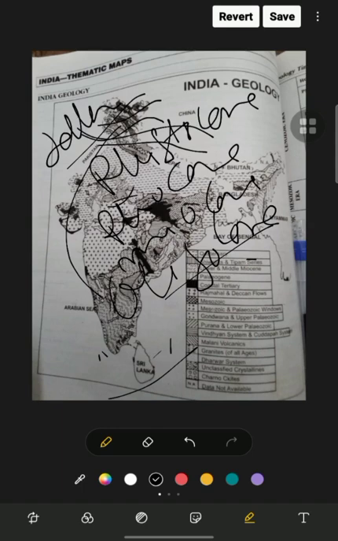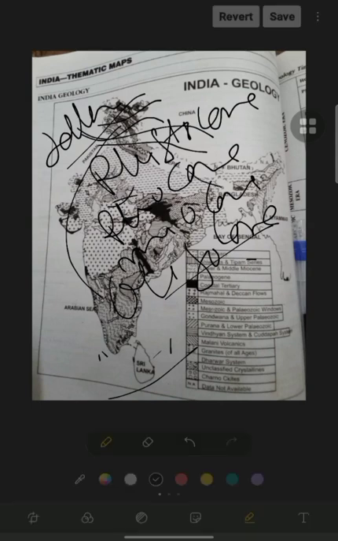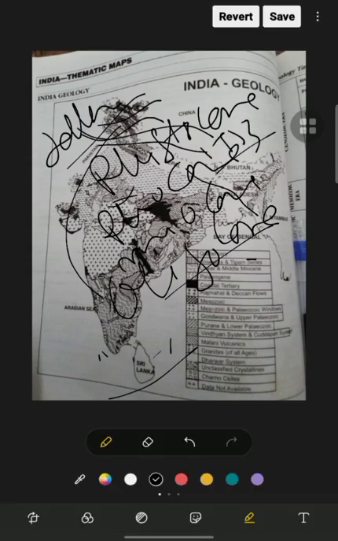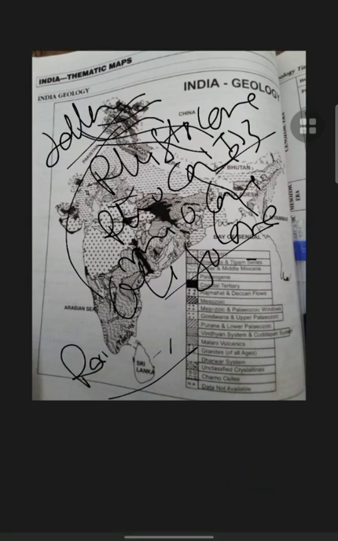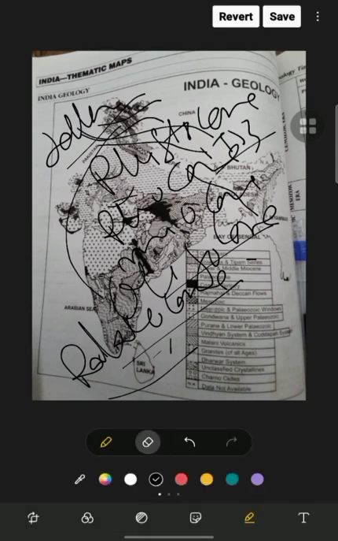Now we are going to the Paleocene. The Paleocene is the collision of the Indian and Eurasian plates, the beginning of continental collision, the Indus Sangpo Satchar zone. Here is the Indus Sangpo Satchar zone. This area is known as the Paleocene.